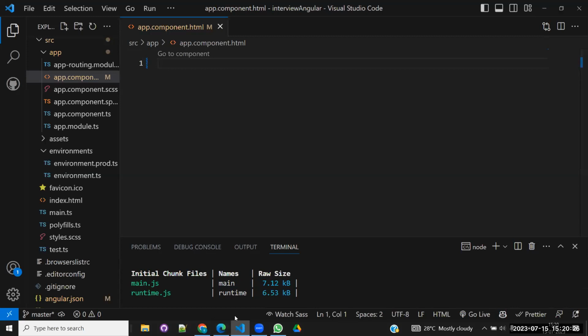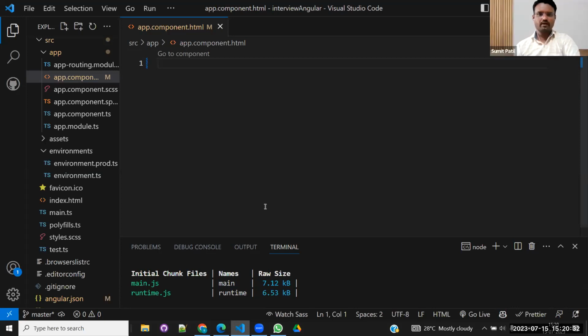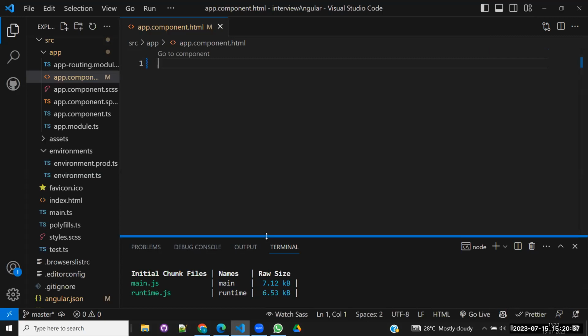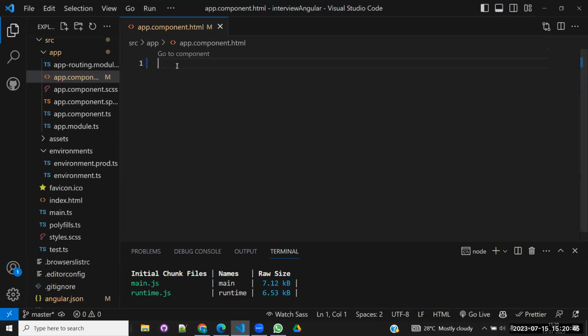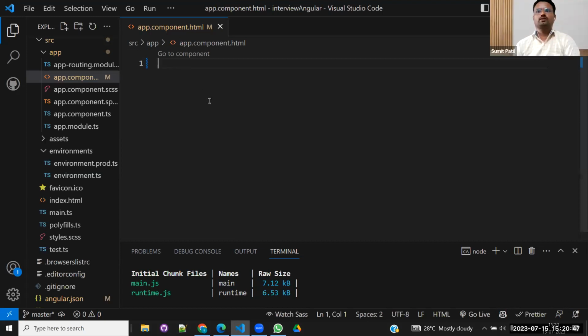How to optimize the Angular application? Optimize performance. Yes, sir. We use the lazy loading concept. Okay. Lazy loading, which module is